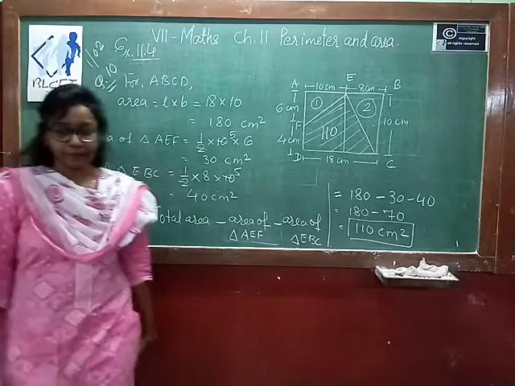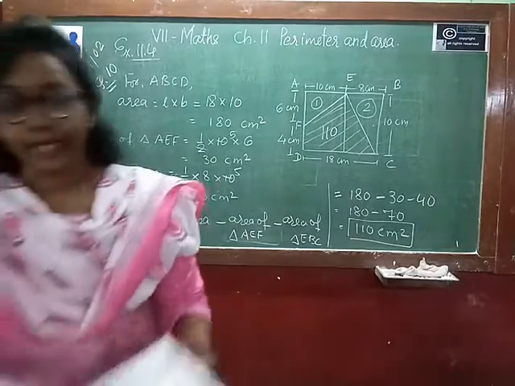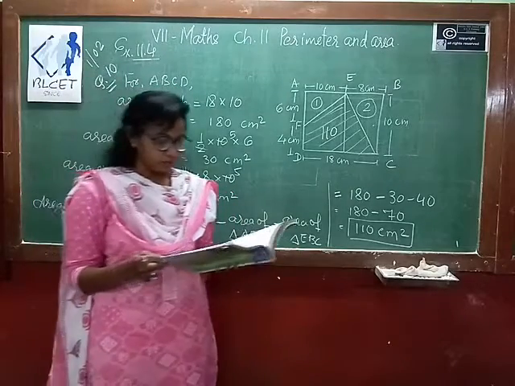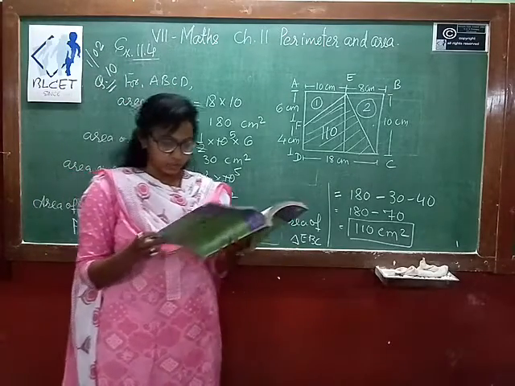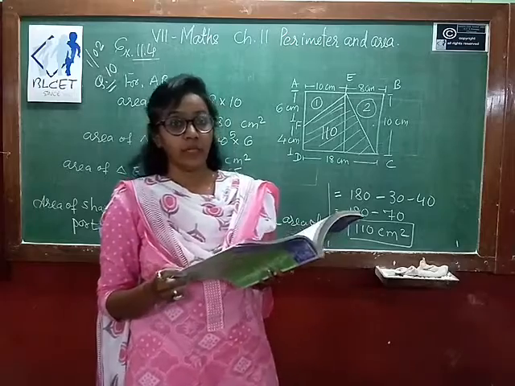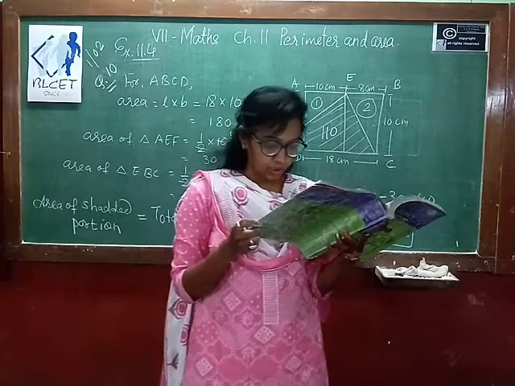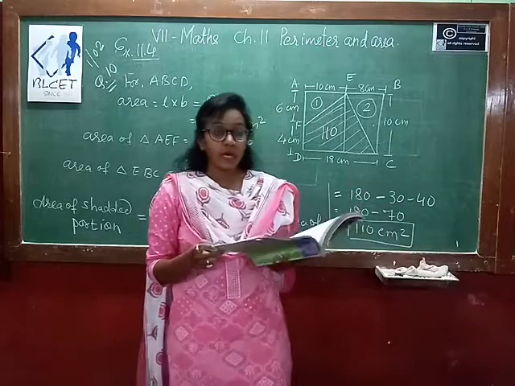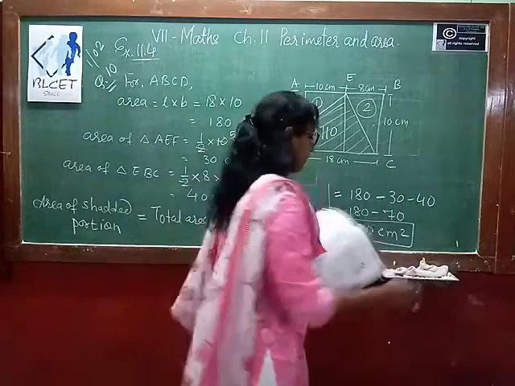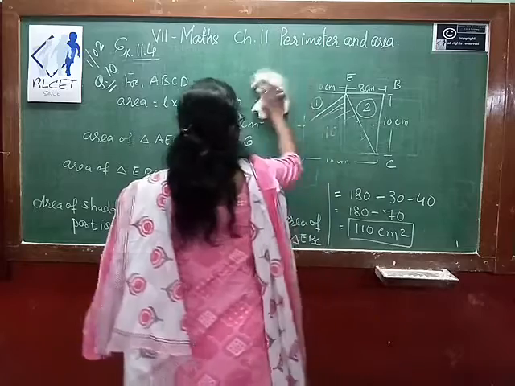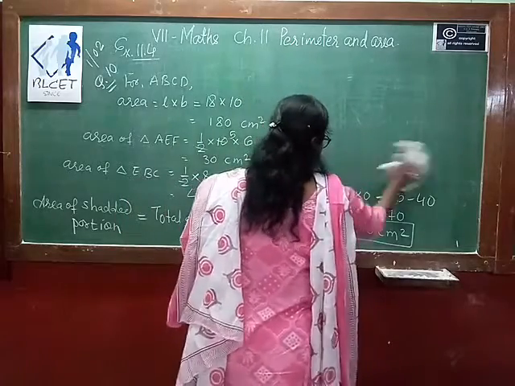Second figure, that is also the same. You have to find the area of the shaded portion. So in that, you are given a square. So in the same way, first of all you will find the area of the total square PQRS. Then here you are given 3 triangles. I will explain with the help of the diagram. This you have to do by yourself.